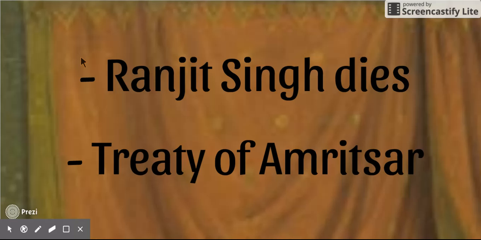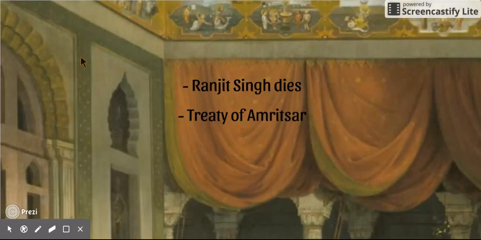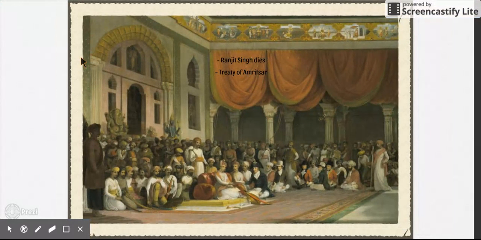The death of Ranjit Singh in 1839 gave the British the opportunity they had been waiting for to take over the Punjab region. The Treaty of Amritsar was between the EIC and a Hindu ruler by the name of Gulab Singh. The treaty granted Gulab rule over the entire Kashmir Valley, a majority Muslim population. Gulab ultimately had to rule Kashmir according to British desires. Here is the signing of the Treaty of Amritsar.